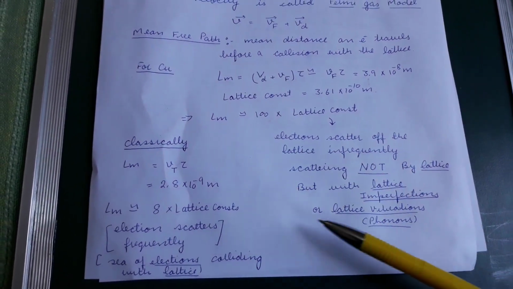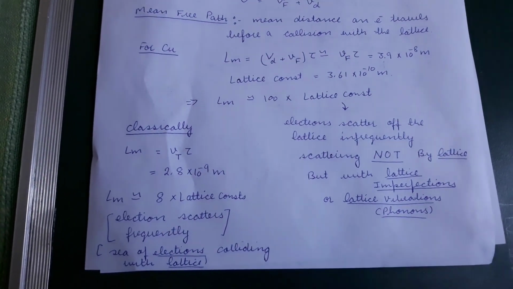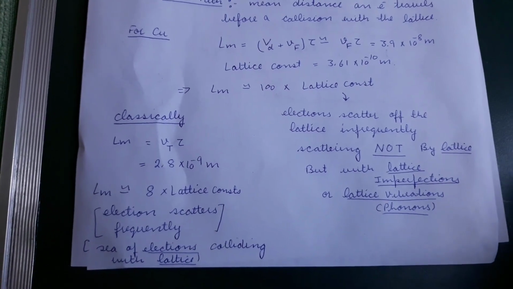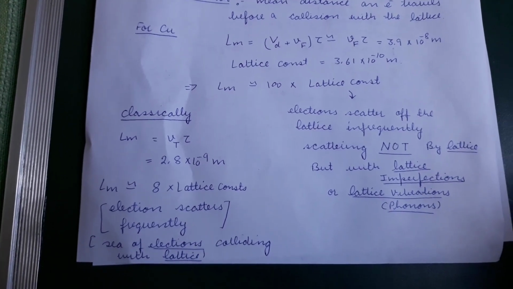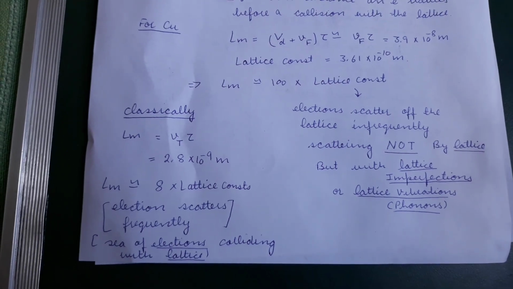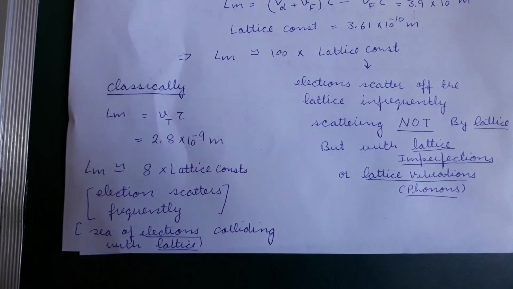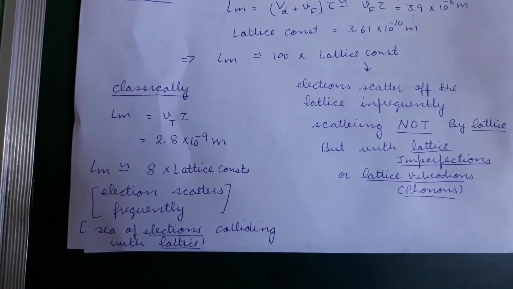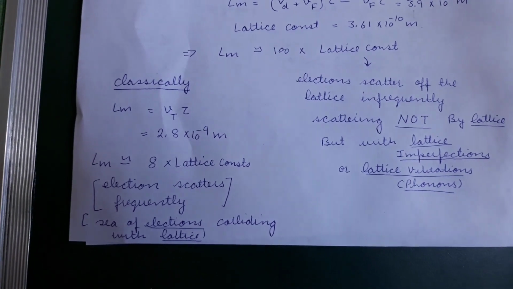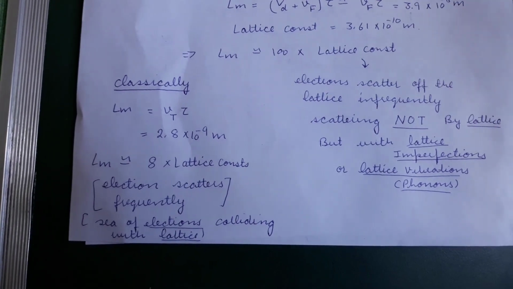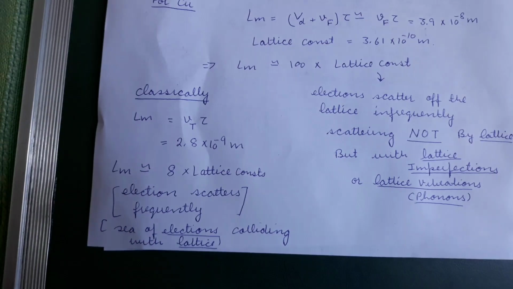If there are no lattice imperfections, there will be no collisions. This we can understand very nicely in the Kronig-Penney model also. So you can also check the Kronig-Penney model where Bloch waves are discussed, and it is also discussed that when we are shifting from a free electron to an electron in a periodic potential, only the effective mass will replace the mass, and everything else will remain the same. It means that the electron will behave as if it is free with a few differences.